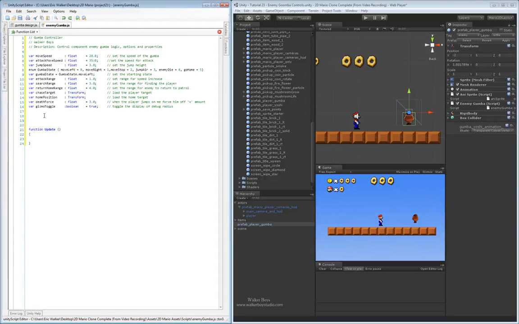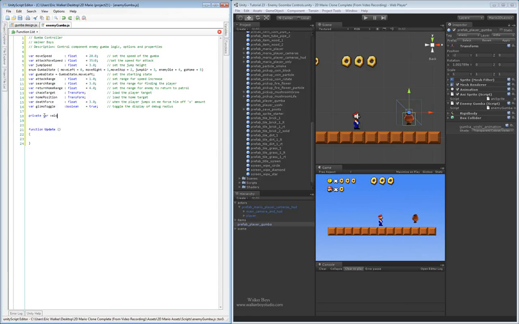So next up, we want to take a look at some of the private variables we're going to be using inside of the component, and a couple of them that we know we're going to be using. We're going to be using our character controller inside of here. So we are going to want to access some velocity and gravity. So let's go ahead and set up a couple of private variables that give us